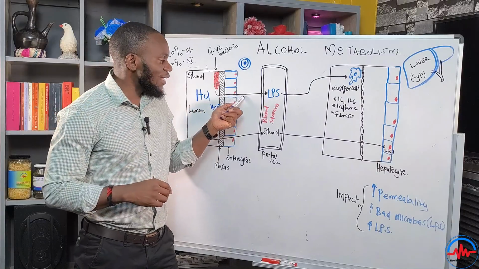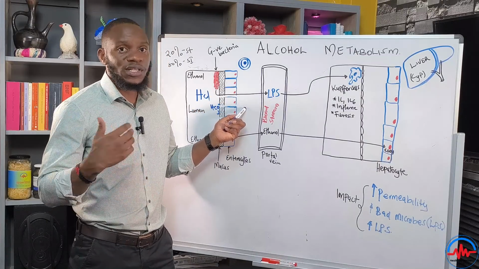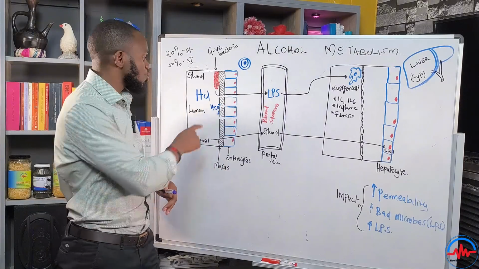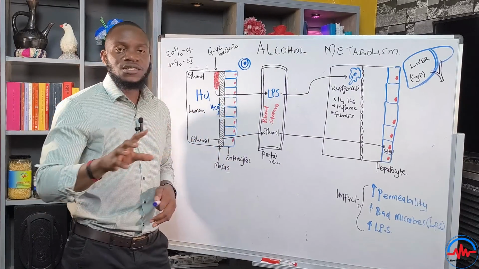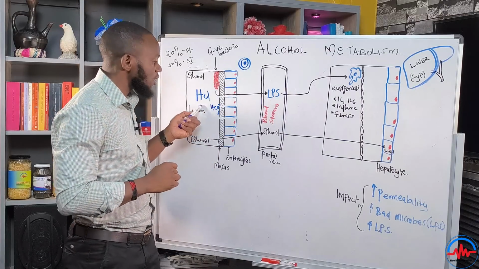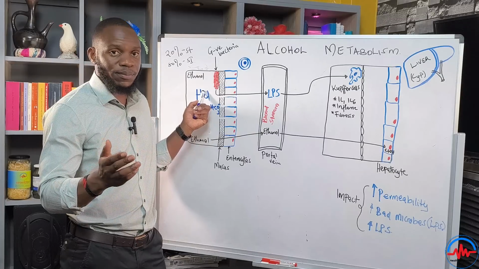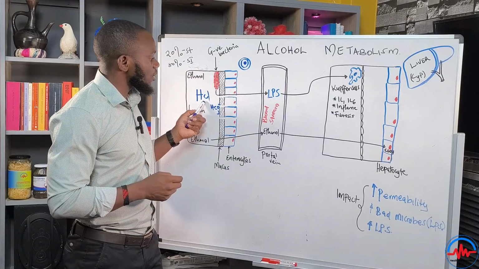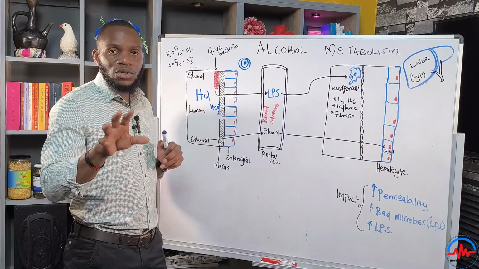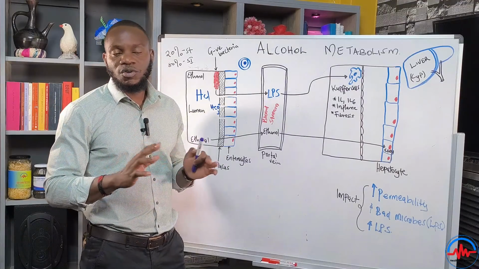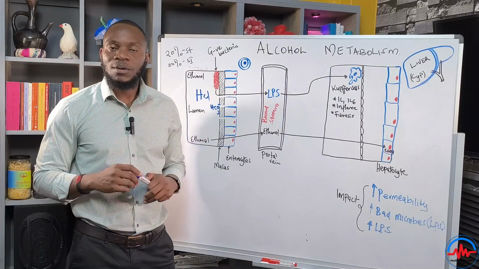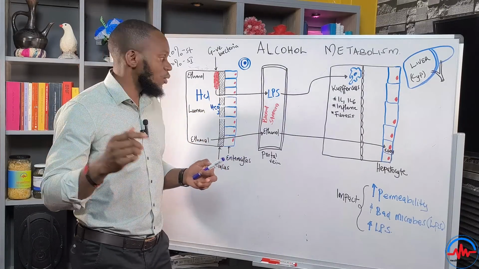One, you have caused a leaky gut, which can expose you to gastritis and can expose you to ulcers. But you have caused this leaky gut that is exposing stomach content to the immune system. That tells you some of the proteins that you consume will become a problem to you because one, you are unable to digest them completely here because the stomach acid is messed up. Number two, you've taken in the protein, now it is not being digested. You are suffering from constipation or bloating. And then somebody will tell you, oh, you know what, when you eat meat, it stays in the stomach for 8 hours. That's a lie. You eat meat and you drink alcohol, that meat will of course stay here for longer because you've not digested it adequately. And you'll end up getting constipation.